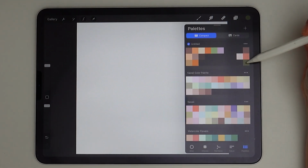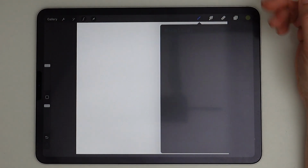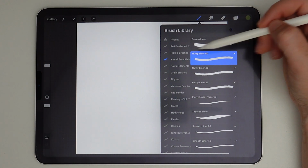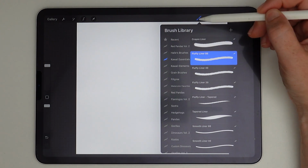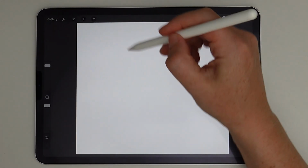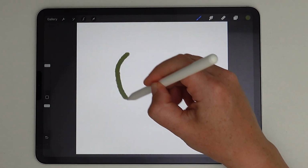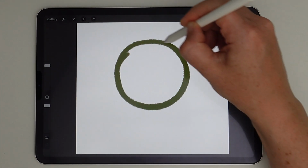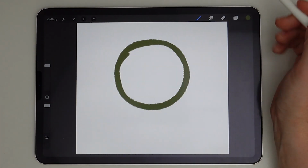So I have this green color chosen here. It's like a forest green, and I've got my fluffy liner 80 chosen. So it's an 80% size, and it's fluffy liner. I just call it fluffy because it has a jagged, rough edge, and it creates a fluffy effect. So what I'm going to do is start off with a bush